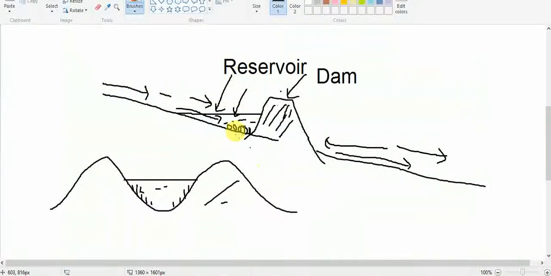If there is so much sedimentation here, then the depth of the reservoir will become very, very shallow. If the bed is deposited by so many sediments, then it cannot store a large volume of water, because the bottom is filled up with sediments, and that is why it sometimes causes flood in the low-lying area here.